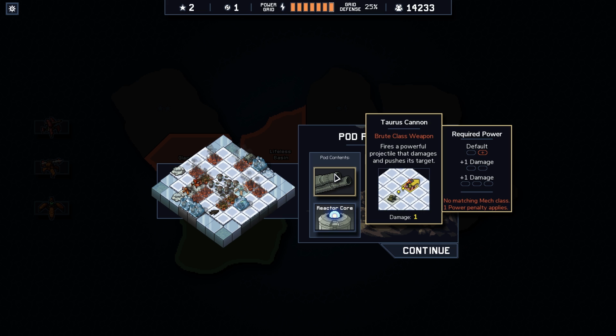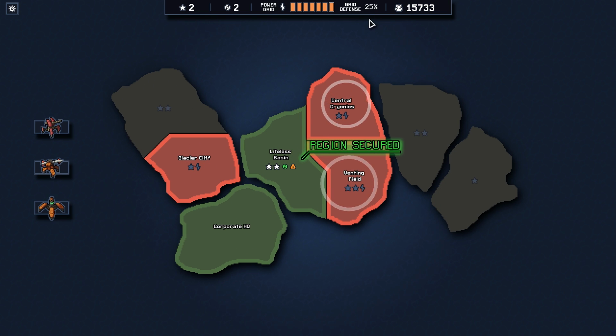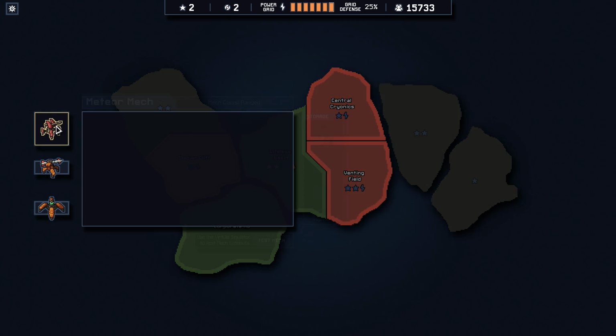We've got the Taurus cannon, which fires a powerful projectile that damages and pushes the target, 1 damage, and a power core. We also got extra grid defense for a promotion, and another 3 grid defense, so that's up to 25 now. And we've got 2 corporate reps, so we've got 2 reactor cores because we got 1 from the pod and 1 from there. So 2 reactor cores,